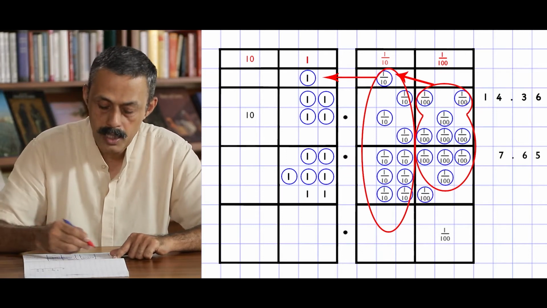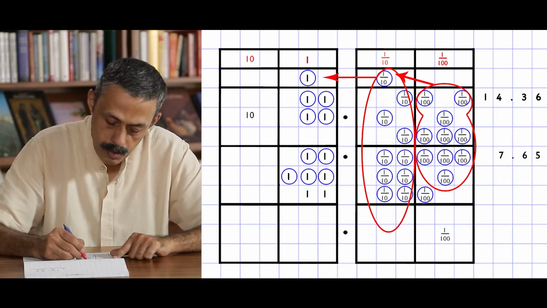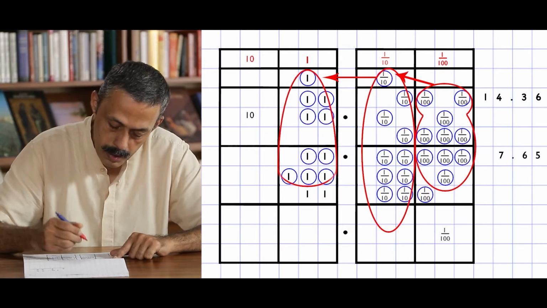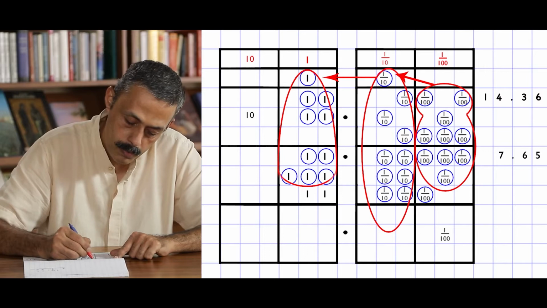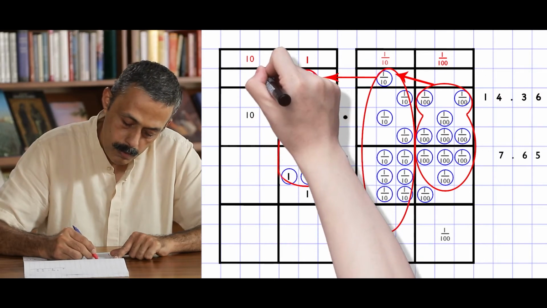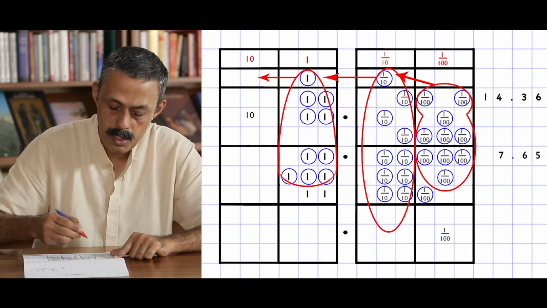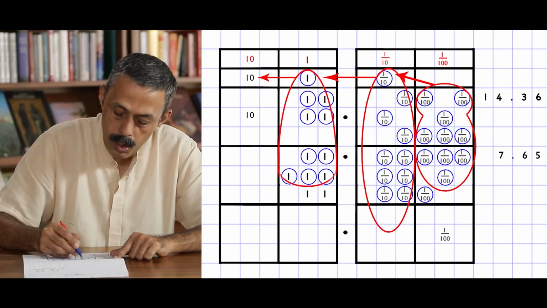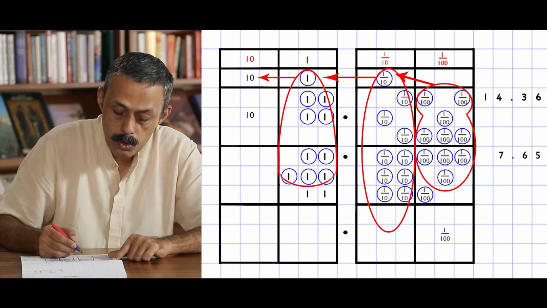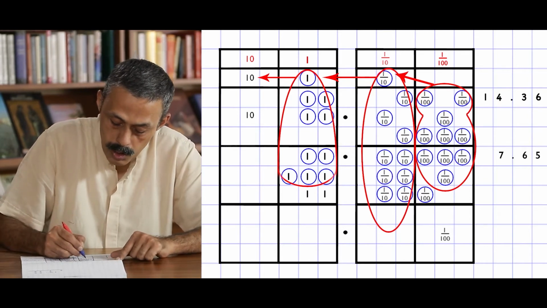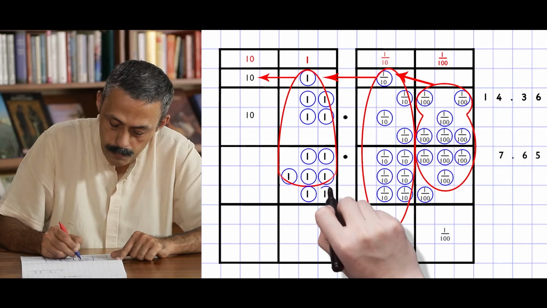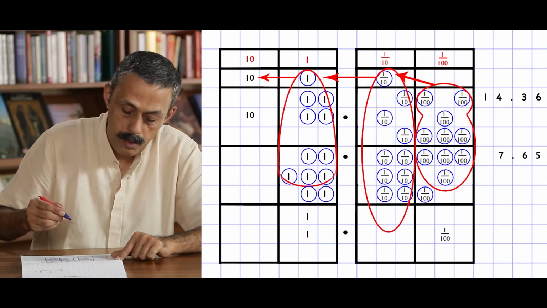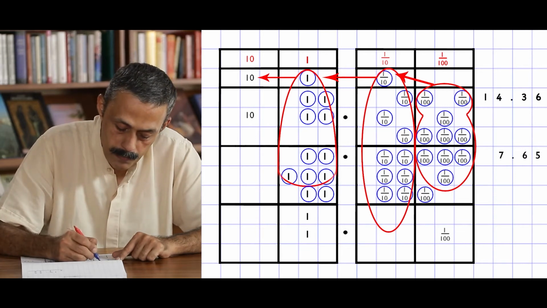So, whenever we get a 10, we make a bundle, right? I make a bundle of 10. What happens to this group? I transfer it to the next place, that is to the place of tens. So, 10 units give me a 10. How many units remain here? 1 unit, 2 units. I will write it here. How many tens are here?